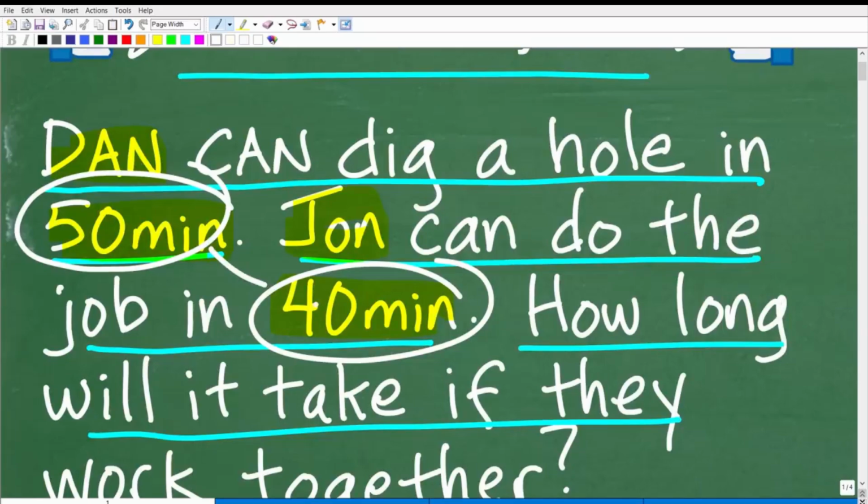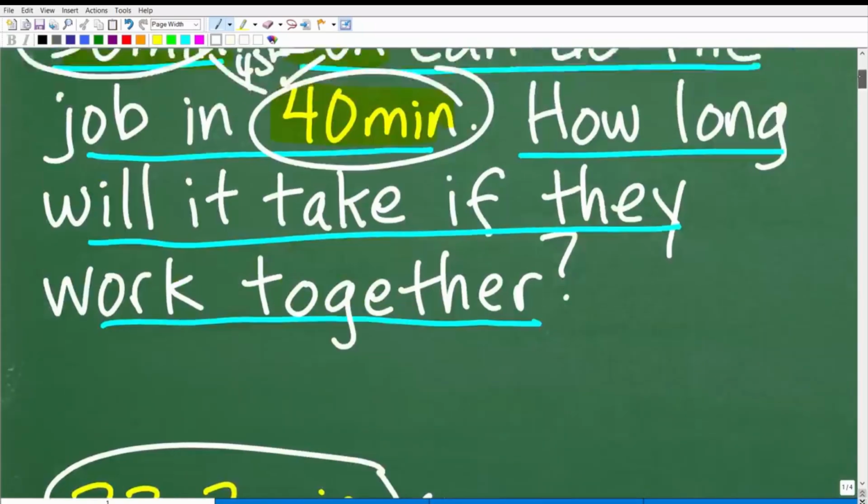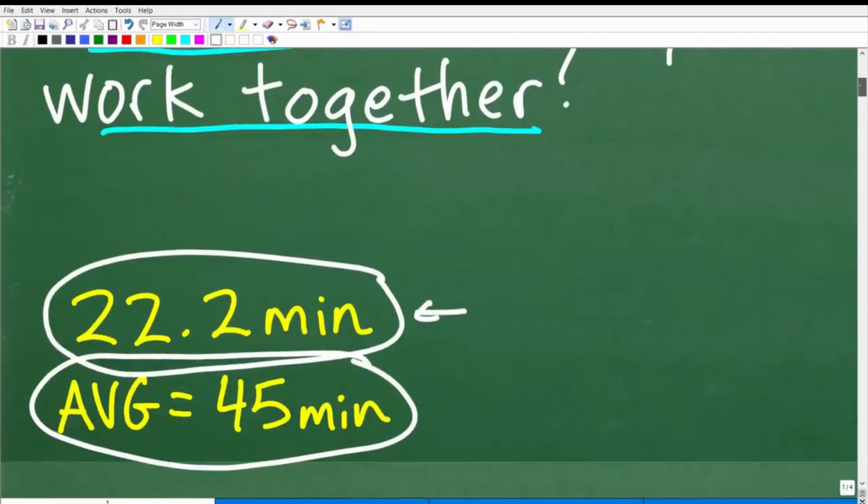Okay, I mean, think about it. You have two people. If one person could do the job in 50 minutes, and they're not too separate in terms of how fast they could do the job, will it take them 45 minutes? No, they should save a lot more time, right? Working together as a team. So, one thing that you want to do when it comes to math problems is, if you do something and the answer just doesn't pass the common sense test, then you probably want to look for a different approach. But if you got 22.2 minutes, around this decimal right here, that is very, very